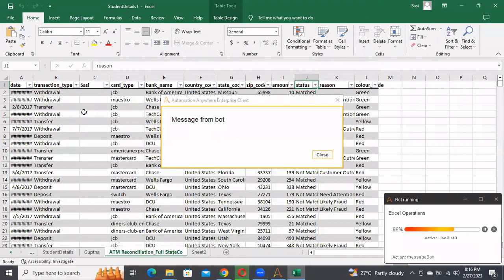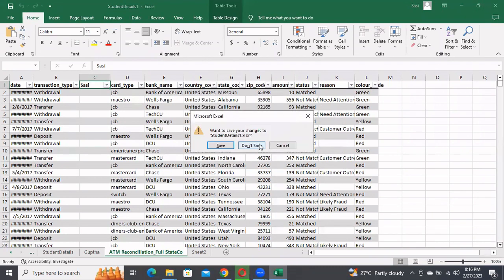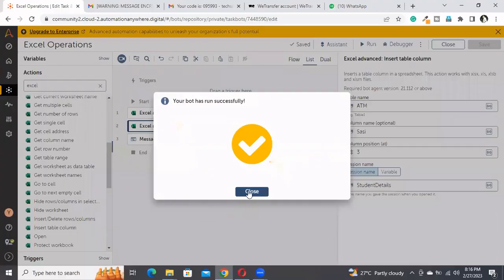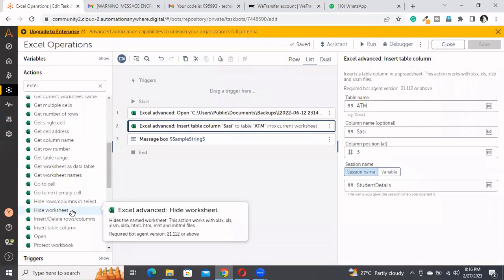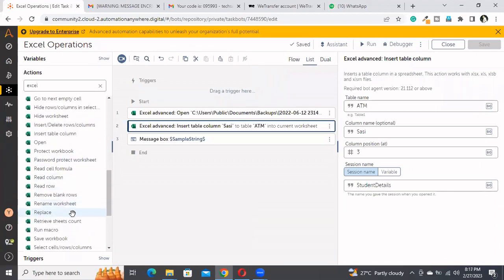If you see this document, in the third position, the C column, a new column has been added called session, right? So like this, we can insert new columns in the table. The same way, responsive, plus